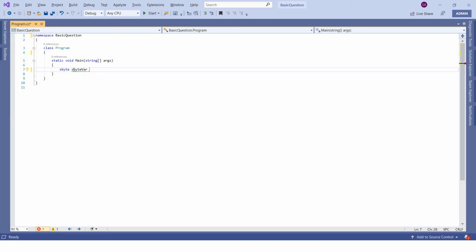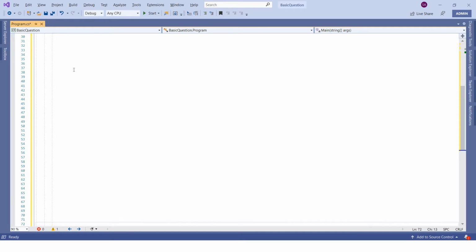Since you are a beginner, I will always recommend you don't use a, b, c kind of variable names. It will be very easy to type a and start writing your program, right? But just think of a scenario where you are actually working in a company and you have created one variable a here, a equal to something, and you have written almost 200 lines of code, and again you are trying to use the same variable.